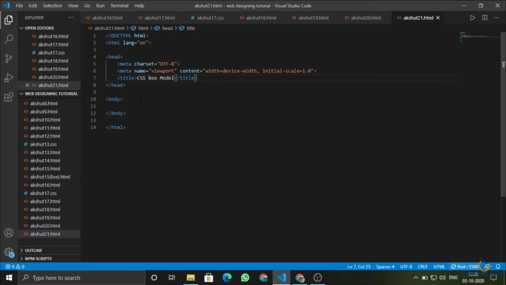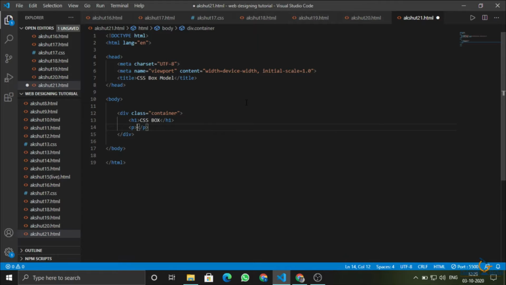First I will create some divs with the class container. So div.container means a div with the class container. Now I will emit it, so there will be a div created with the class container. I will put an h1 and write CSS box.